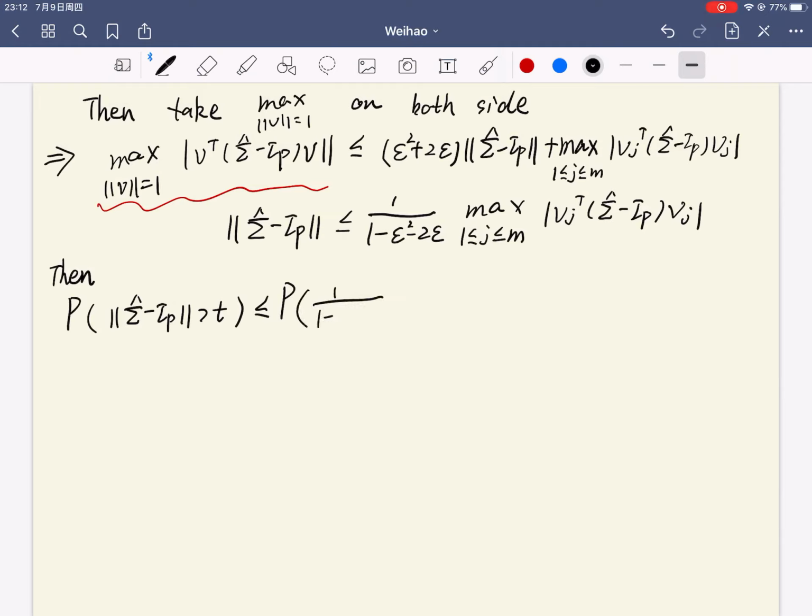By the above inequality, and applying the union bound,